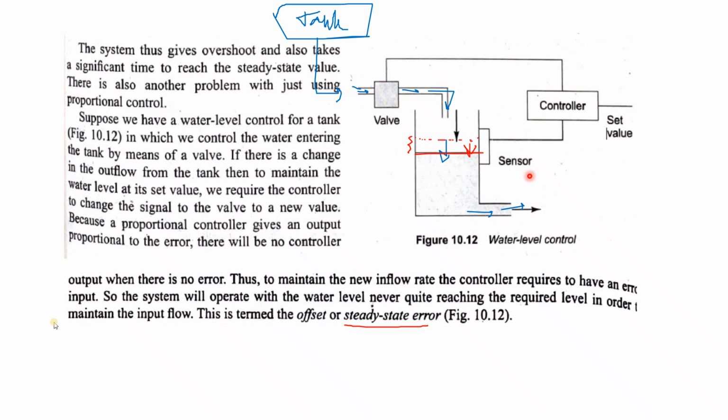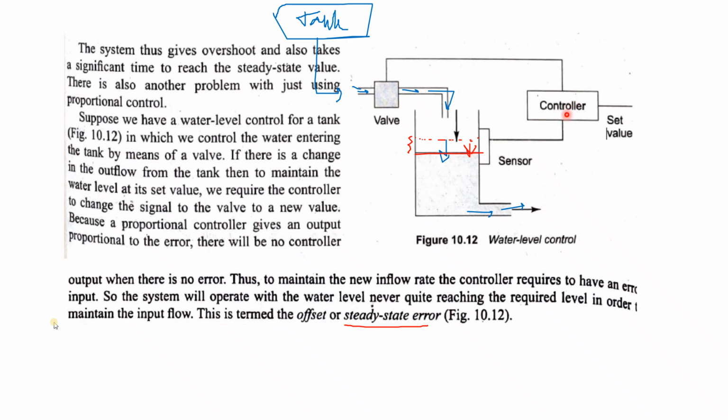Okay, so water is flowing more, so you have to fix it. How much water is flowing, it will set that amount of input to the valve, so that the valve also gives that much amount of water. Okay, so this new level is increased, a new value is achieved. Now if the amount of water which is flowing out is equal to the amount of incoming water, that means there is no error.